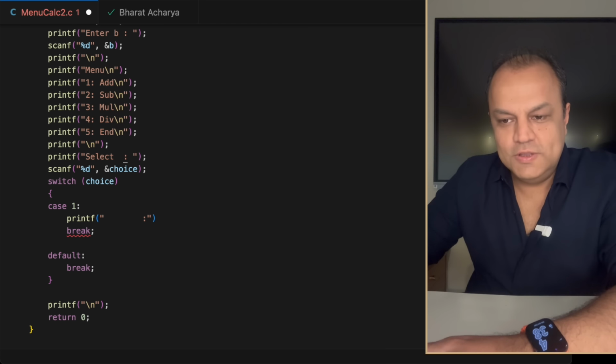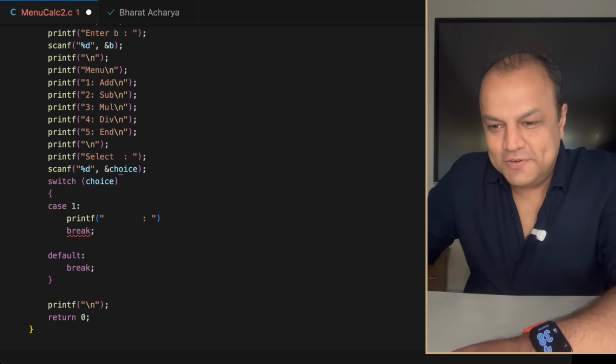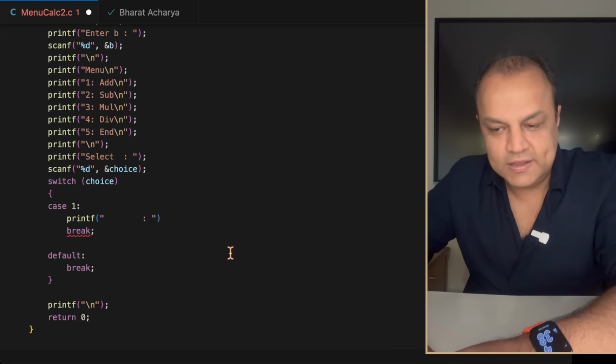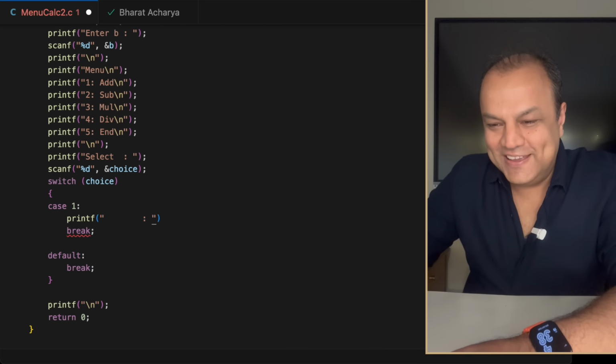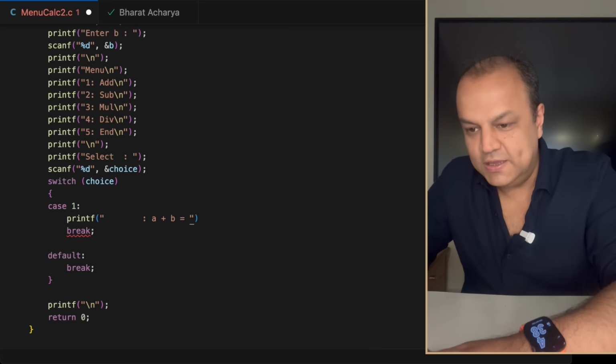to come below this select so that it all looks nice. Don't bother. Basically, I'm displaying the result. All right. And if you're wondering if I want below the select, then it should have been here. If you notice, this line is starting one tab space after this line. So in effect, they are both aligned. Okay. Over here, what is my result? A plus B. I'm displaying the text A plus B is equal to